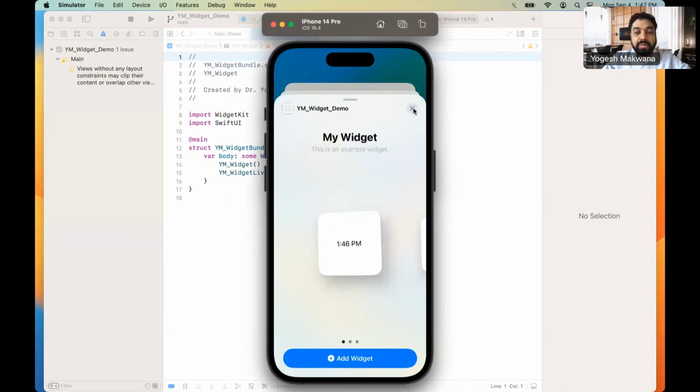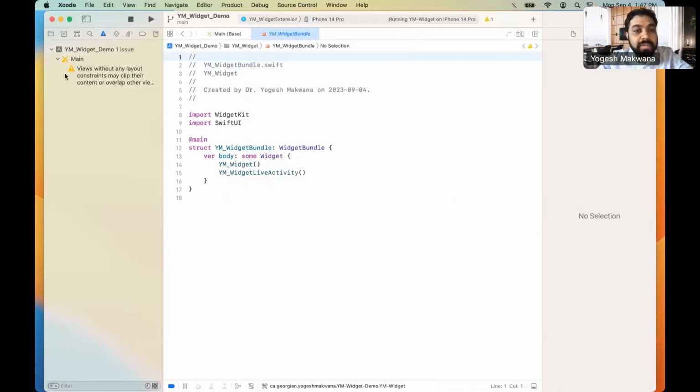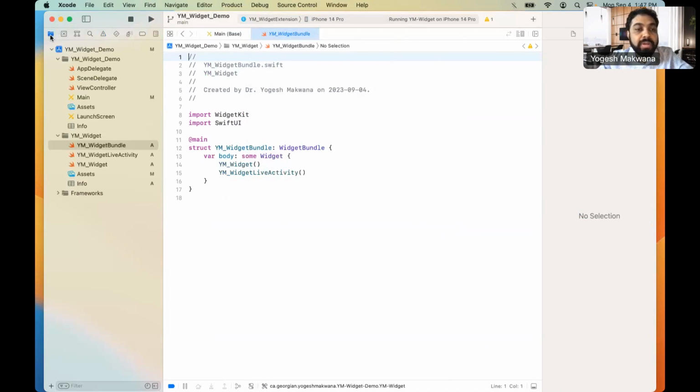So my question to you now is, how do we go about finding what happened here and how it happened and what kind of learning we can derive from it? So if we go to this widget target that we added to create the widget, there are 3 Swift files: a widget bundle, a widget live activity, and a widget. In the widget bundle, there is just a struct and